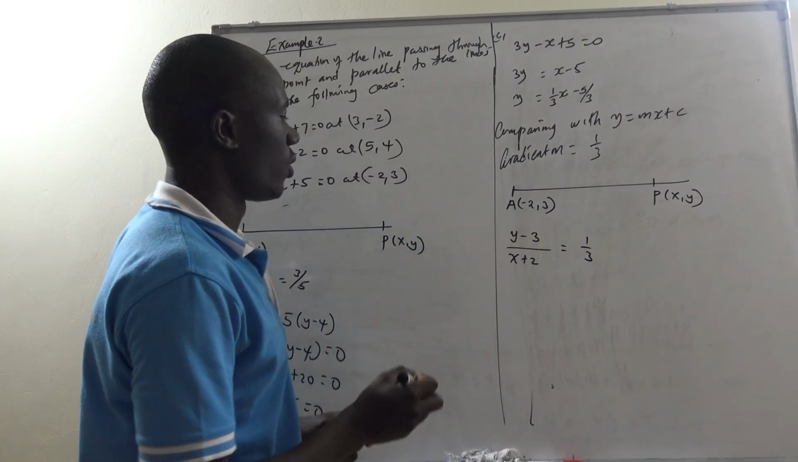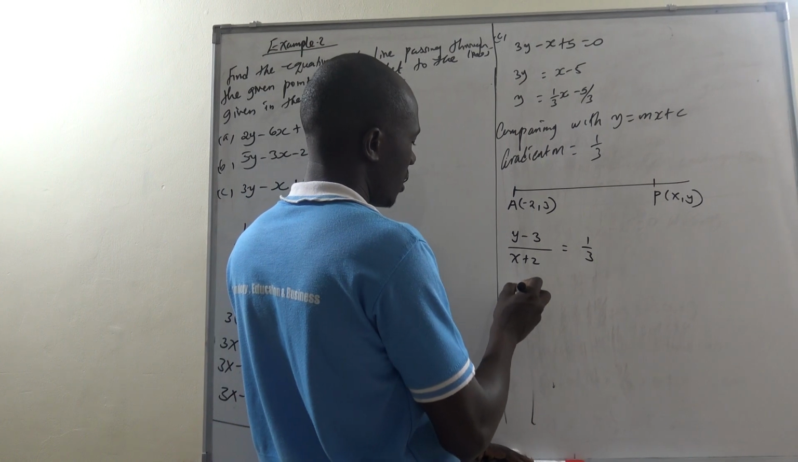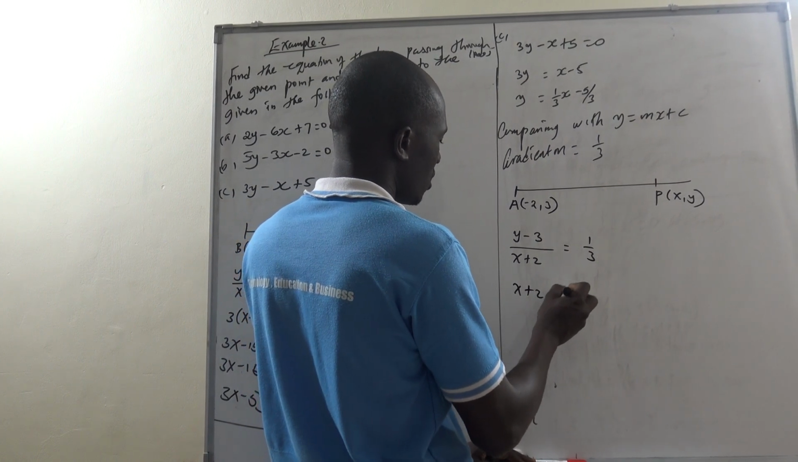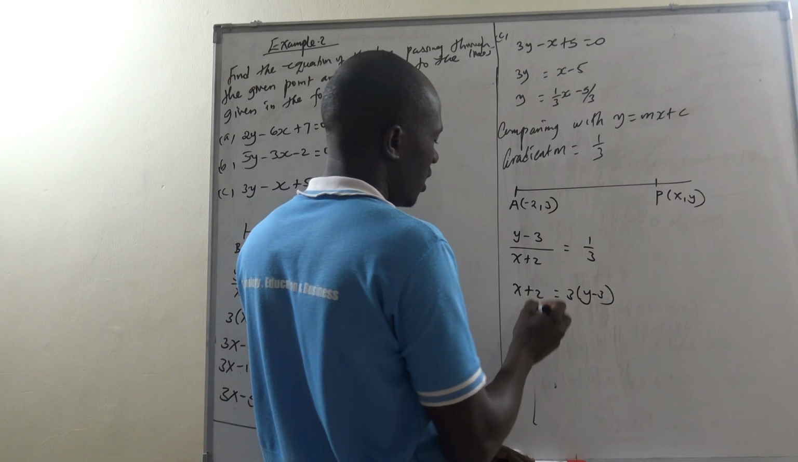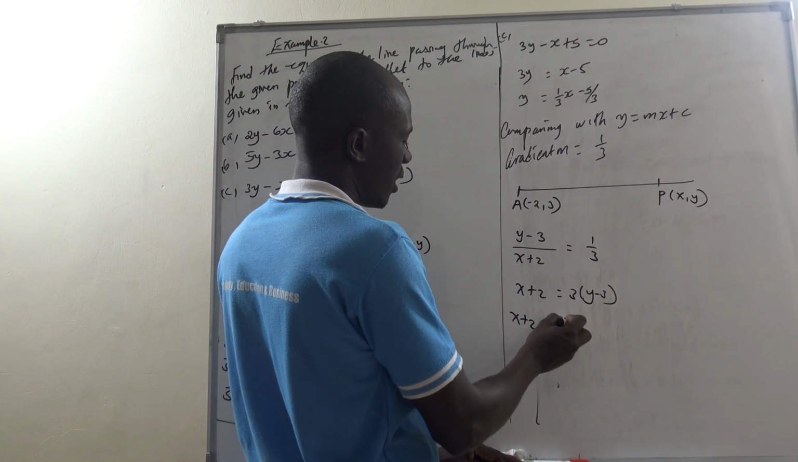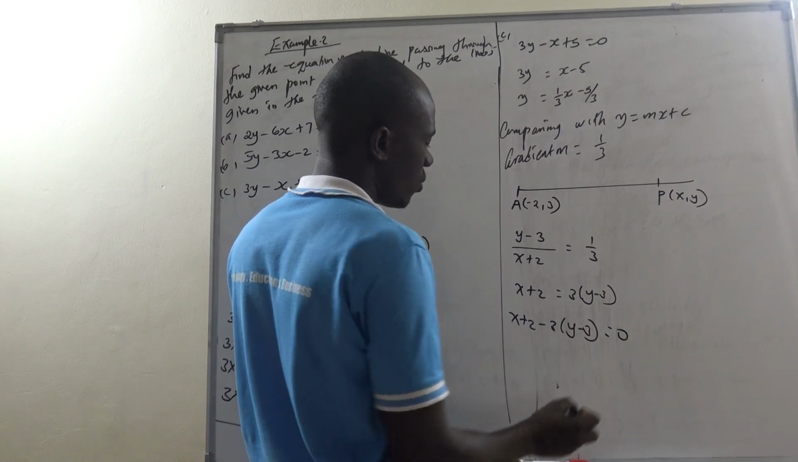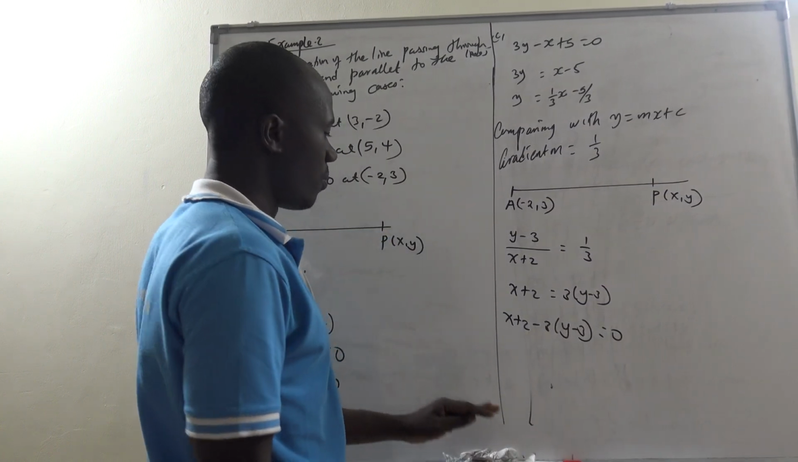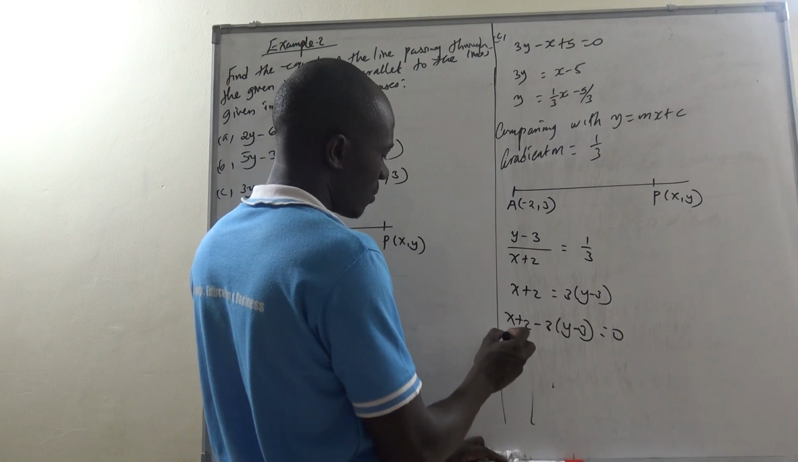So can we try to cross multiply? What are we getting? We are getting x plus 2 equals 3 into y minus 3. So can we bring this one here? We are having x plus 2 minus 3 into y minus 3 equals 0. Can we try to open up the brackets and collect like terms? So we are getting